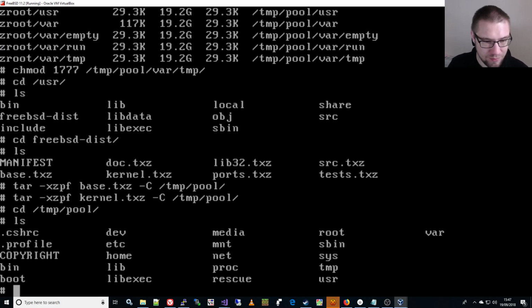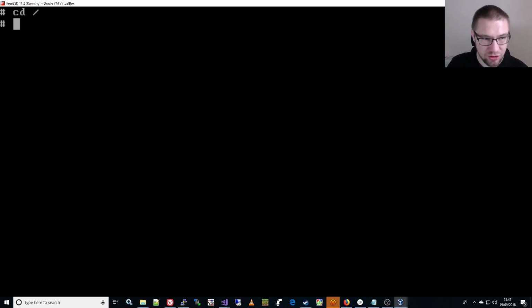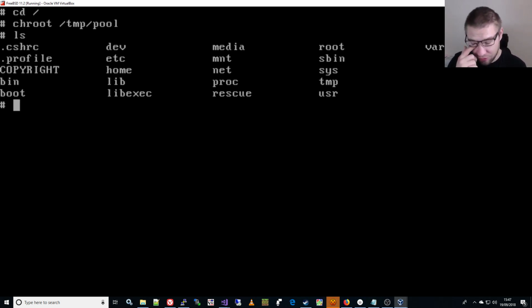TMP pool. And there you can see there's all the normal FreeBSD things and all of our basic configurations. Now, because we have a full working FreeBSD system in there, we should be able to swap to it with this, which is chroot to temp pool. We are now effectively in our new FreeBSD system, and we need to do some configuration before we try and